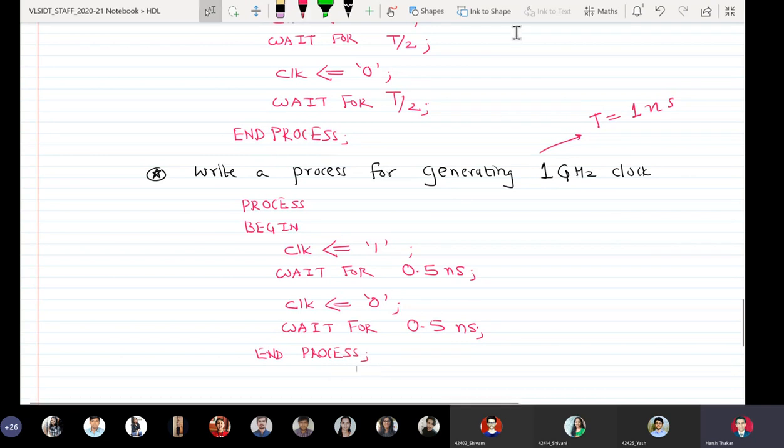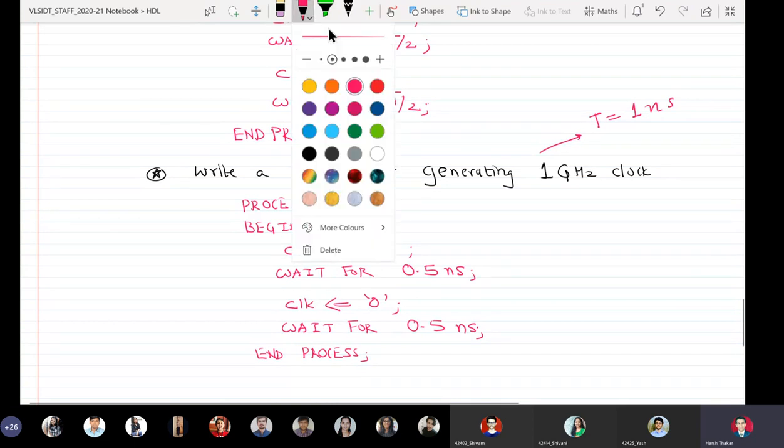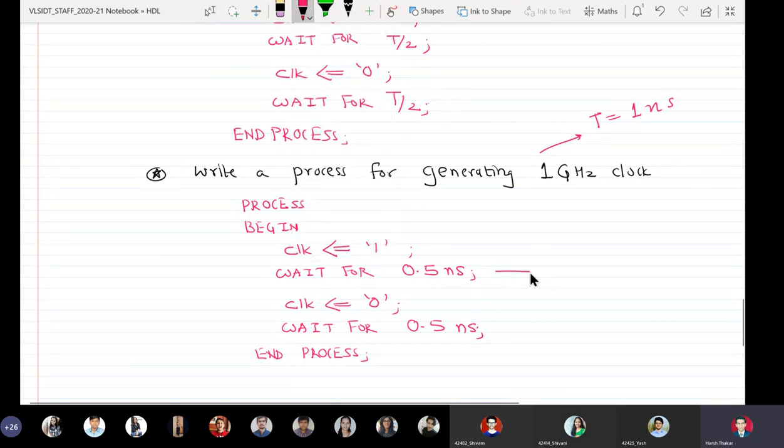So directly, instead of defining a constant T, I have directly given the value of T by 2.